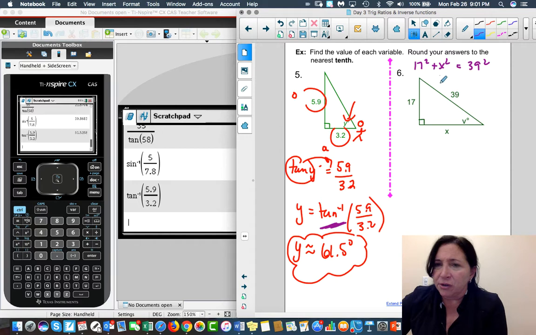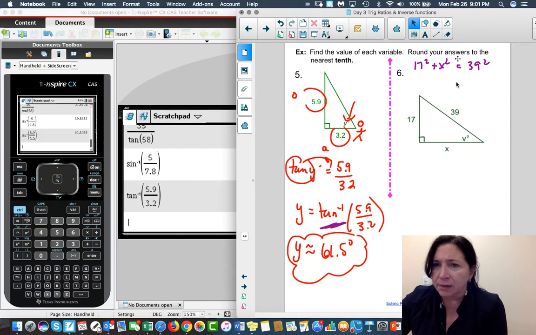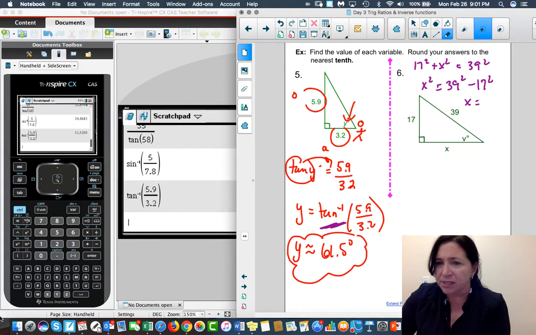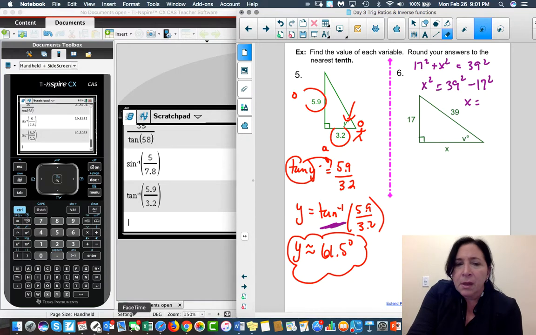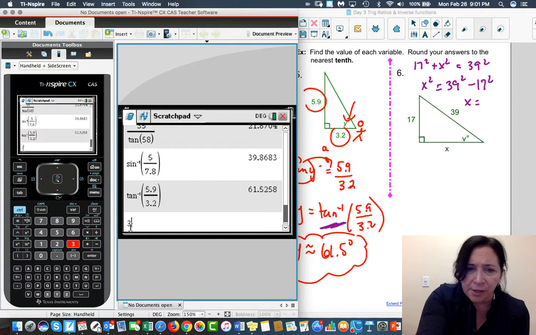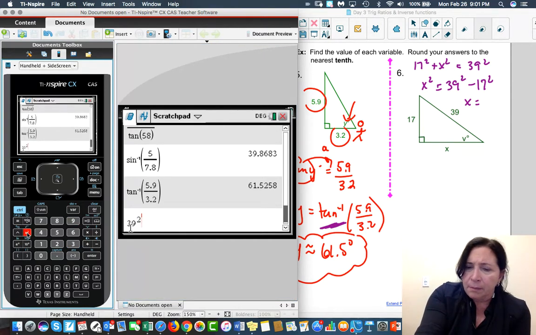What I think I'm just going to do for this problem to start is Pythagorean theorem. So I'm going to go x squared is equal to 39 squared minus 17 squared. And then I'm going to square root what I get. Whatever that answer is, I'm going to square root that answer. Okay, so let's see what we get. So for the first part of the problem, I'm going to go 39 squared. So I'm going to hit the squared button, minus